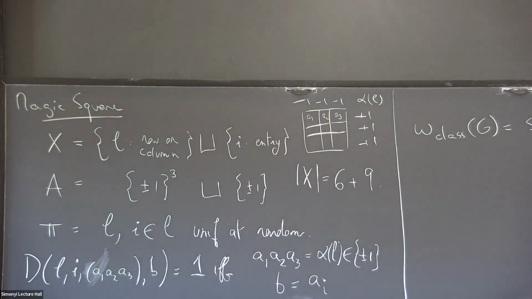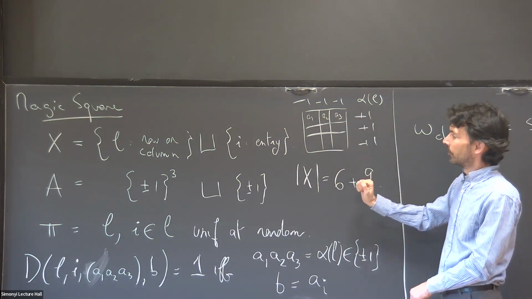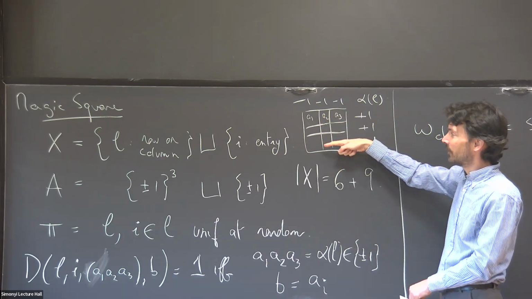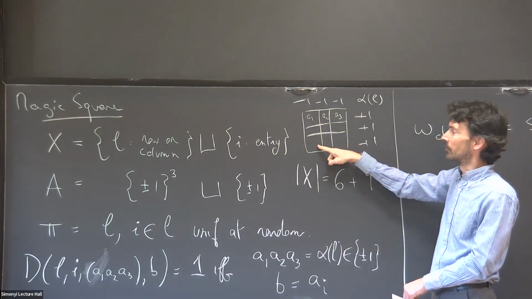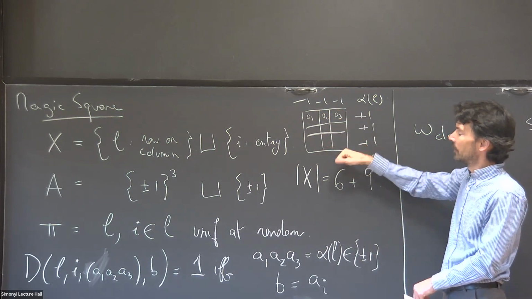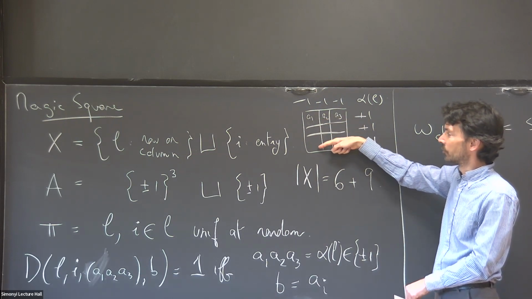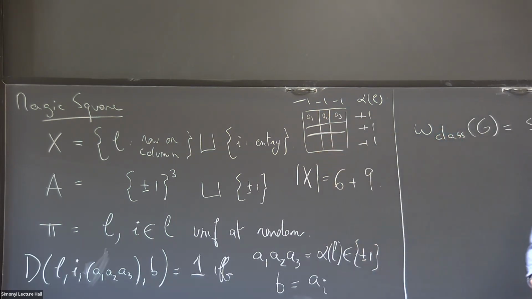So it requires a little bit of thought, but if you want to succeed on every possible question, you need to have entries to the squares such that whenever there's a row or a column, whatever assignment of signs you give to that column, it should multiply to -1, and it should equal the entries that you set your mind on for the squares. Because if one of the players is asked that column, the other could be asked any of these 3 squares, and so whatever values it assigns to these 3 squares should match the 3 values that are assigned to the entire column, okay?